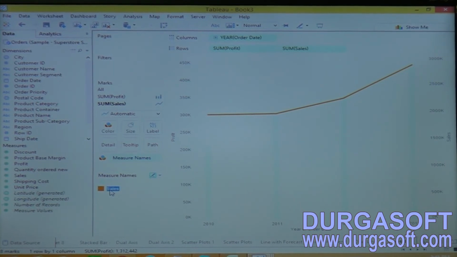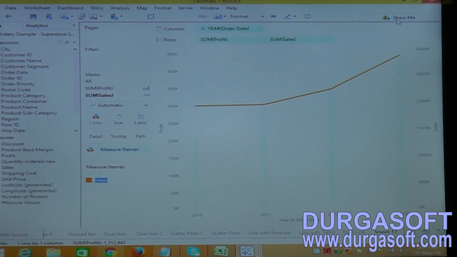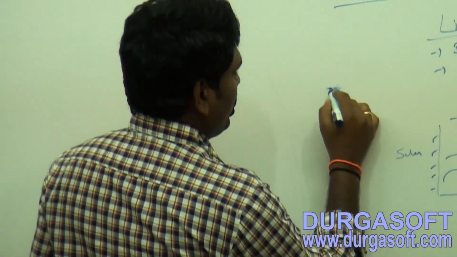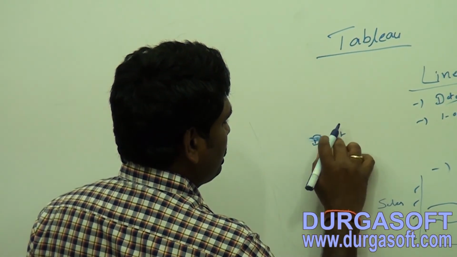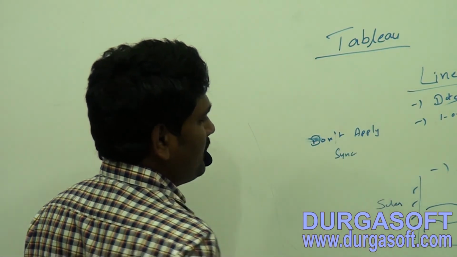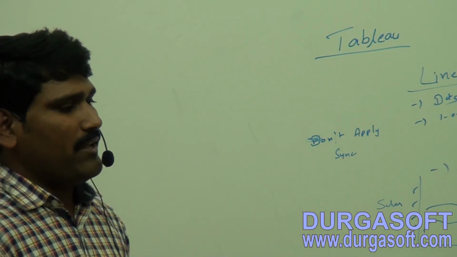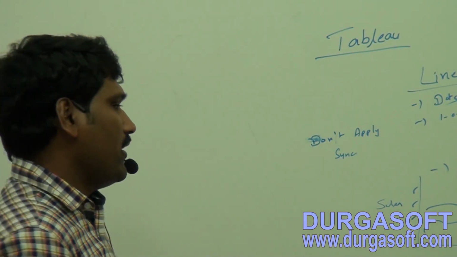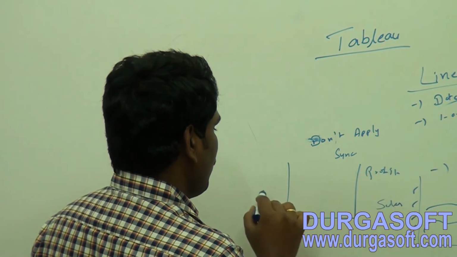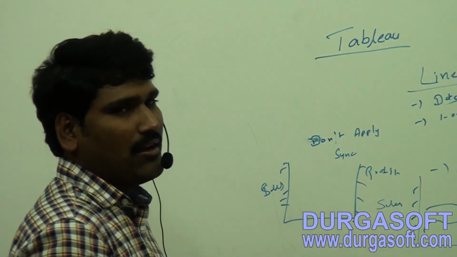But now when we have a combined chart, or we can also call it dual combinations, we don't apply synchronize axis, because if we apply the synchronize axis, we call it a dual axis. Here we are applying this dual combination, where the scales of the different measures show different scales for the dual combinations.